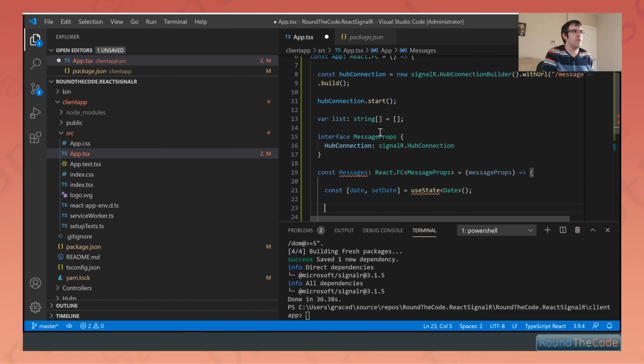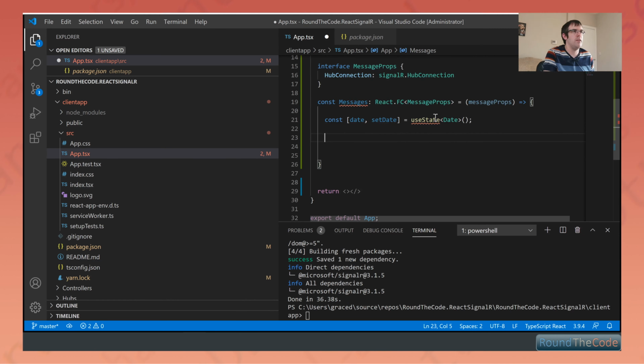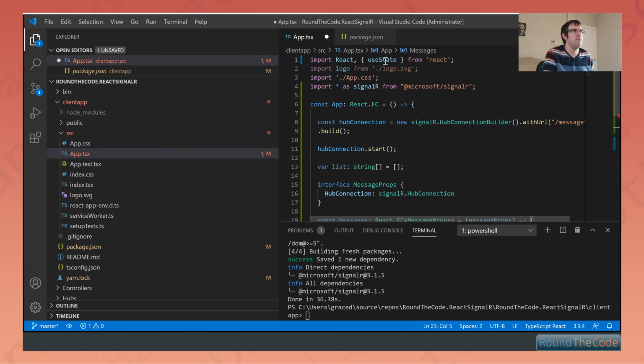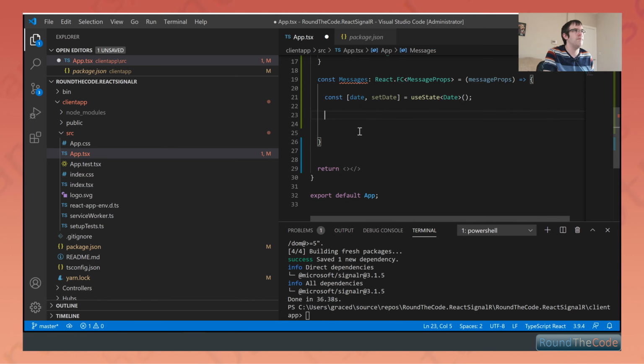So let's go ahead and do that. There we go, we've got the useState there. It's throwing an error for that. We need to basically import it into the file, so we should be able to do a quick fix. Yeah, add useState into the React import. So that's all good. Now we're going to use useEffect as well, and this allows us just to run it once, I believe,